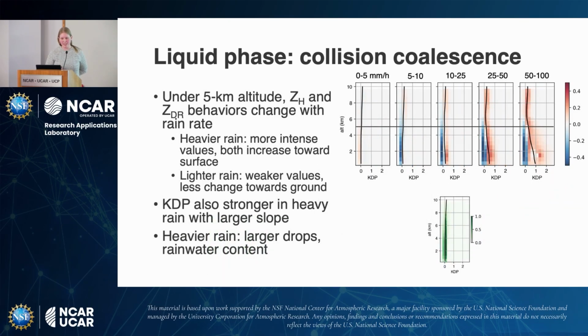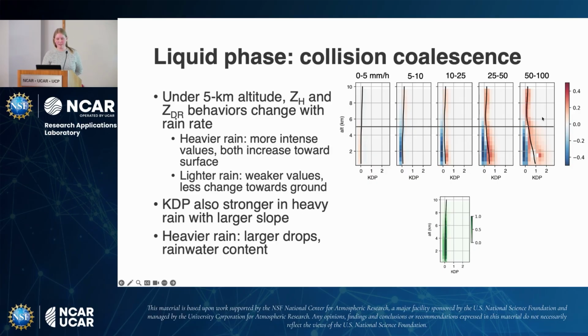We can also look at KDP. Again, that's related to the rainwater content, and that's shown here. Again, left is lower rain, right is heavier rain, and then here's the total CFAD just for reference. I should note that the way we calculate the rain rate is based on the polarimetric variables. So they're not independent at all, but we're going to look at the structure, not just the 1.5 kilometer. That's why you have this strong artifact there.